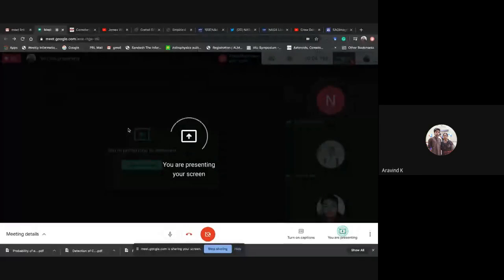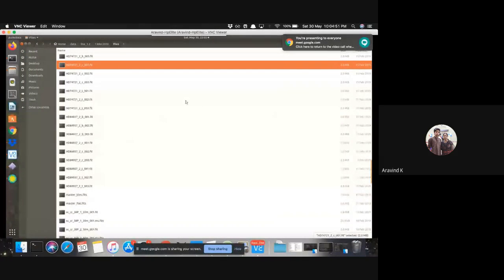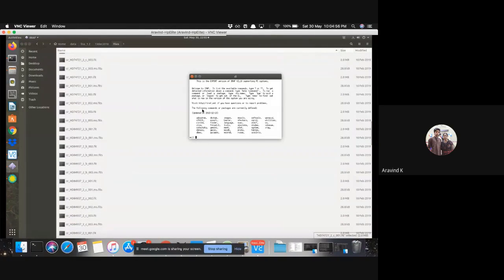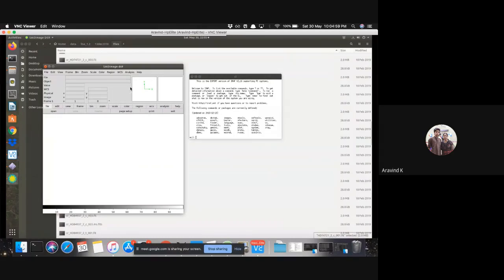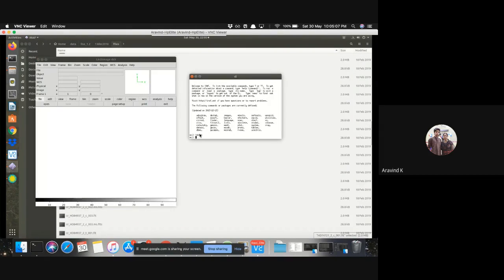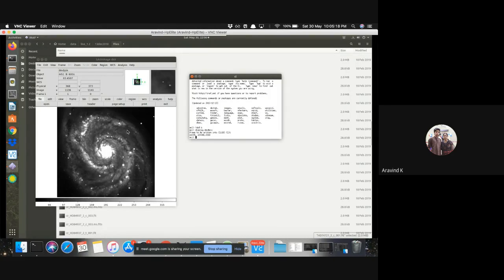Okay, is it visible? Yes. So basically, what I mentioned is IRAF, this one, and this is DS9. We open DS9 from this particular window, and if you just want to display something, this is a default image that is present in IRAF. It asks which frame you want to plot it in. If I say this, it plots a galaxy. It's a spiral galaxy. So this is a basic default.